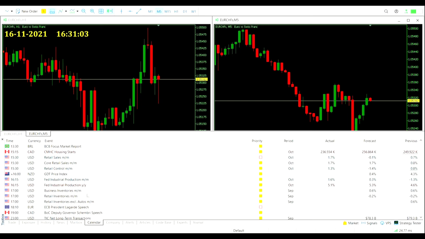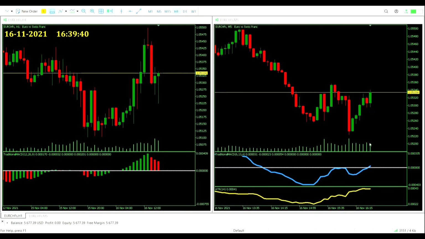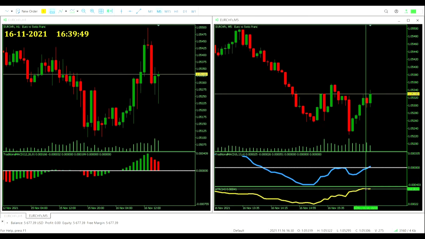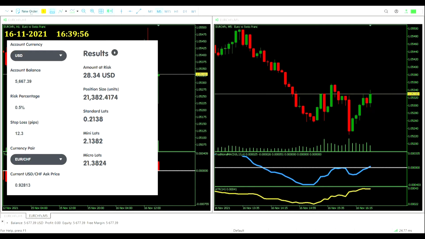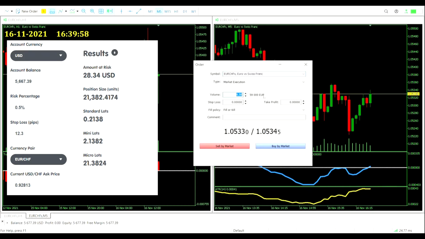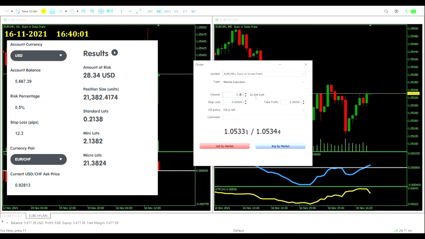30 minutes, we got those inventories, business and retail. Well, it looks like we are finally getting the signal, which means we can look to the ATR, 4.1 pips currently. It's a high volume time of the day, hence why we've got this increased ATR reading. 3 times that value of the ATR to our stop loss will be 12.3 pips. You can see how our risk is calculated on the screen. It's going to be 0.21 standard loss as we do get the confirmation, and so we can enter 2 buy